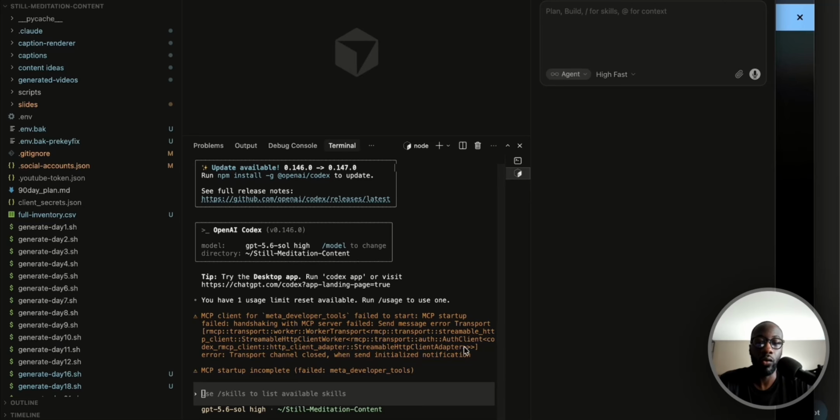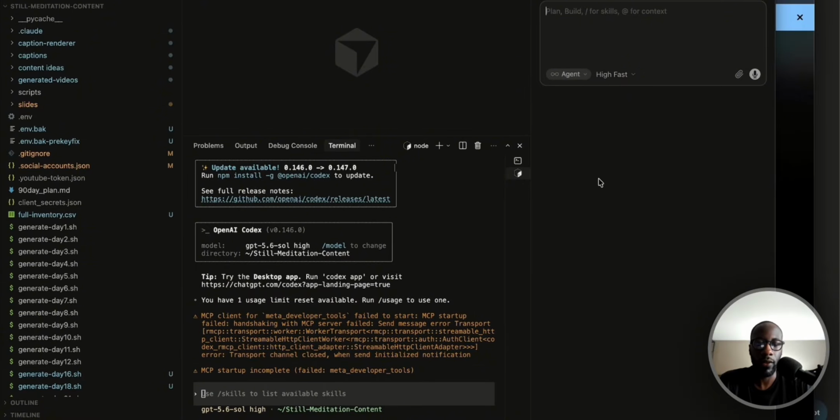I actually have OpenAI's Codex installed here. I have it opened up within the terminal in Cursor. I like the presentation of using the coding agents like Codex or Claude Code within Cursor, and then you can have your files easily visualized. You have the Cursor Composer on one side as well if you want to use Cursor natively, and then you can have a Claude Code or a Codex central in the terminal.